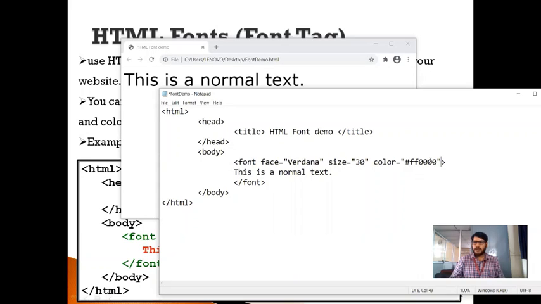Okay, so these values must be from 0 to F: 0, 1, 2, 3, 4, 5, 6, 7, 8, 9. After 9, A, B, C, D, E, F. So maximum F I can specify, minimum value I can specify is 0. So in this case, it has to generate red color.